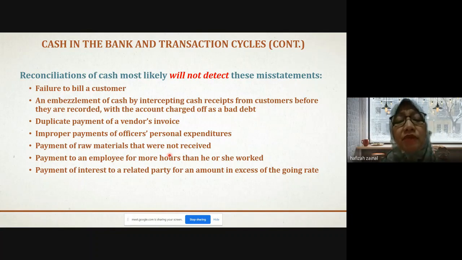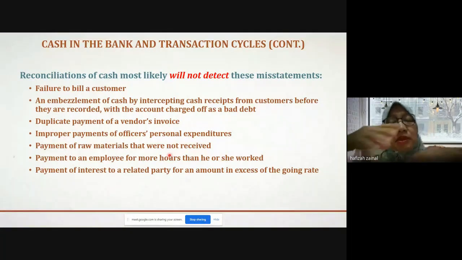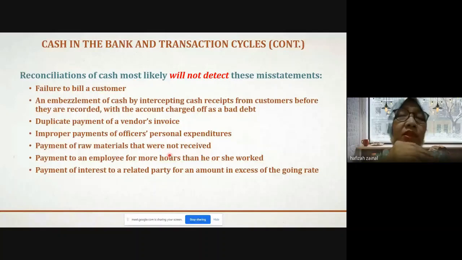And then payment of interest to a third party for an amount in excess of the going rate. Okay, this is a related party transaction, an arm's length transaction. By right, an arm's length transaction should be either at market value or lower than market value. But here it mentions excess of the going rate. So that's why most of the time when related party transactions are involved, you would actually be involved with